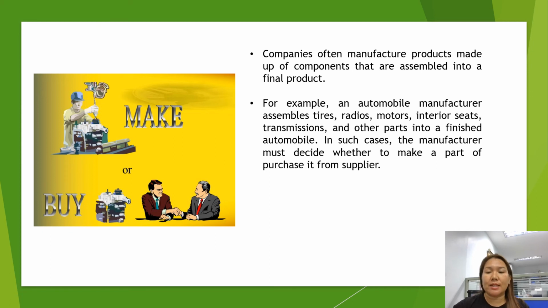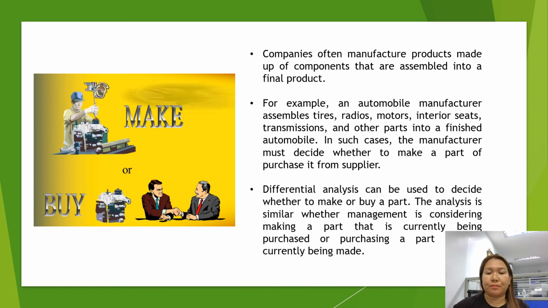In such cases, the manufacturer must decide whether to make a part or purchase it from a supplier. Differential analysis can be used to decide whether to make or buy a part. The analysis is similar whether management is considering making a part that is currently being purchased or purchasing a part